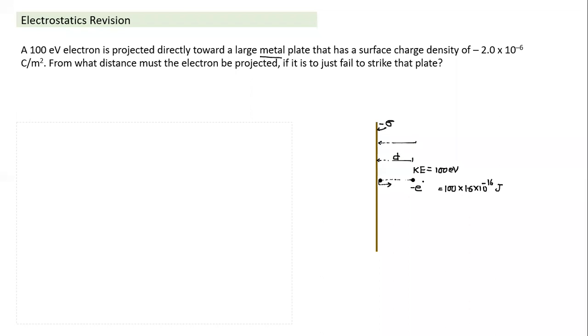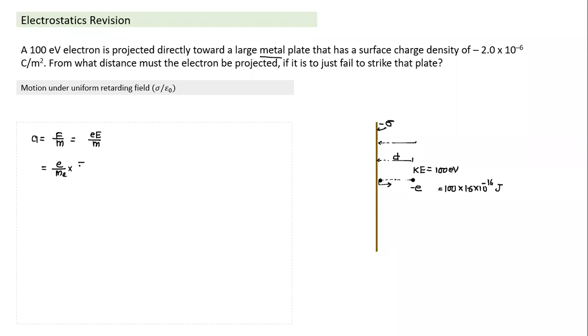Very easily we can apply conservation of mechanical energy, or we can also apply motion under a uniformly retarding field. This comes under motion of a charged particle in a uniform field. Here the field is equal to sigma by epsilon naught, so its retardation we can easily calculate. Retardation will be equal to force by mass, which will be equal to E by m. Direction we don't need, we already figured it out. So retardation will be equal to E by the mass of the electron.